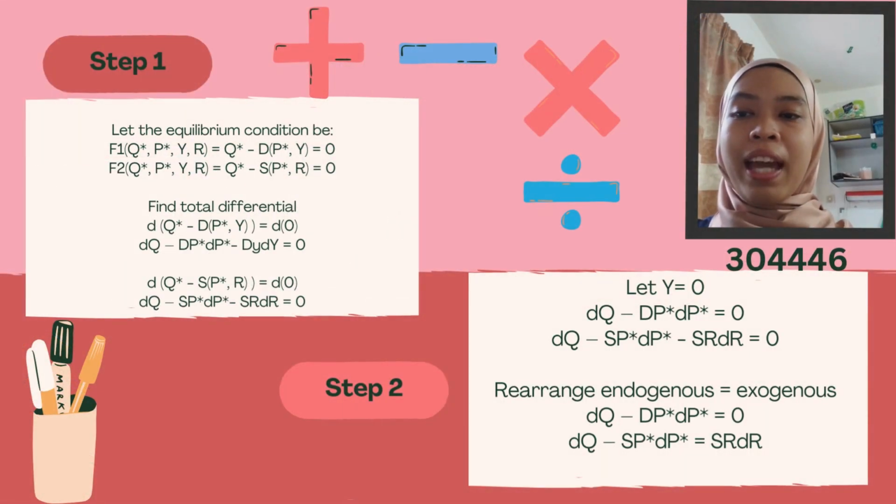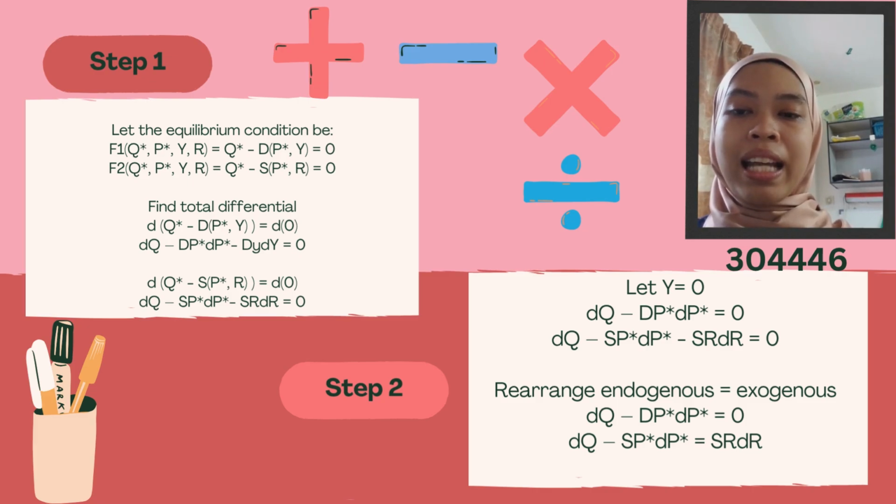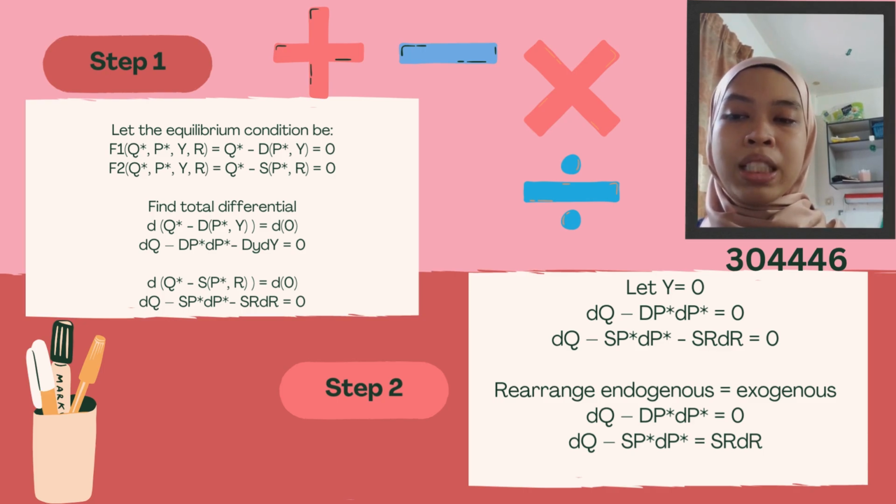Hello, here we are given the demand equation, Q star equals D(P star, Y), with dD over dP star less than 0 and dD over dY more than 0. And for the supply equation, we have Q star equals S(P star, R), with dS over dP star more than 0 and dS over dR more than 0. To verify whether the conditions of the implicit function theorem are met,